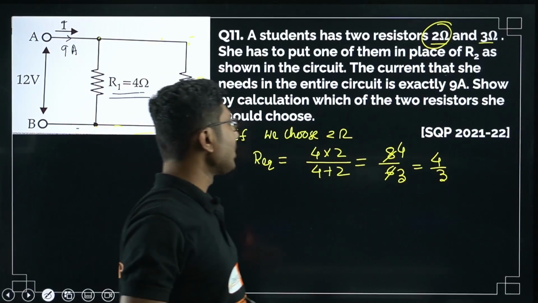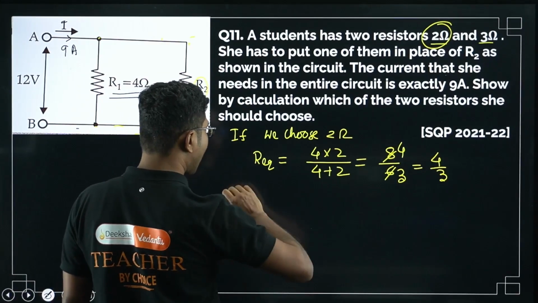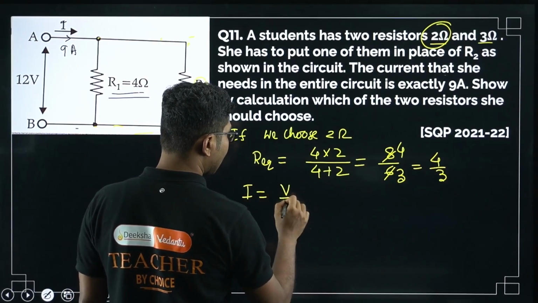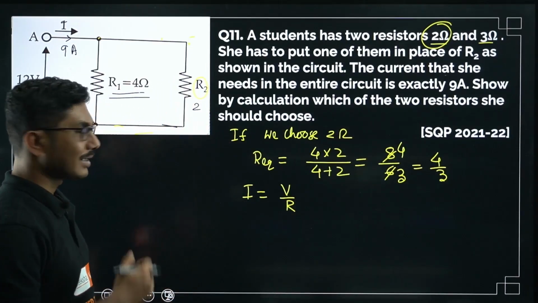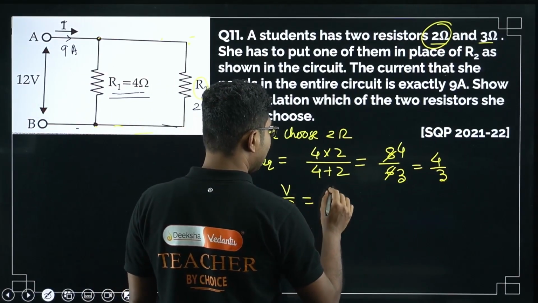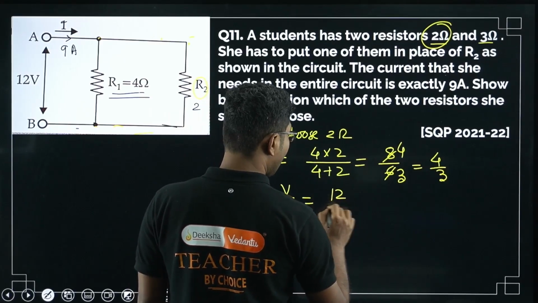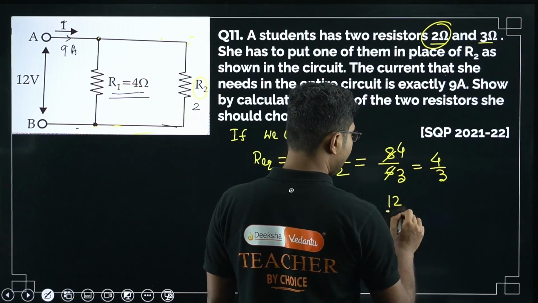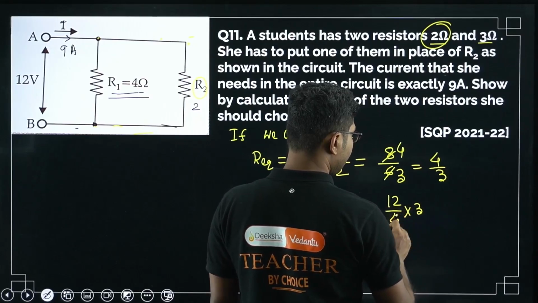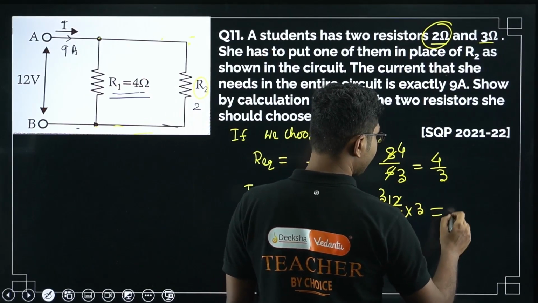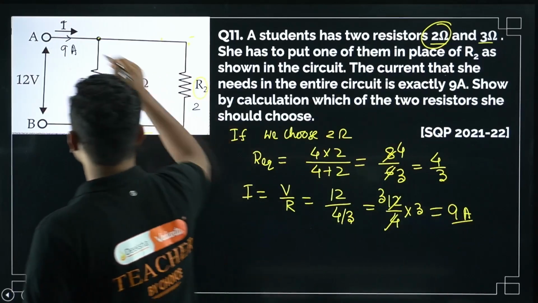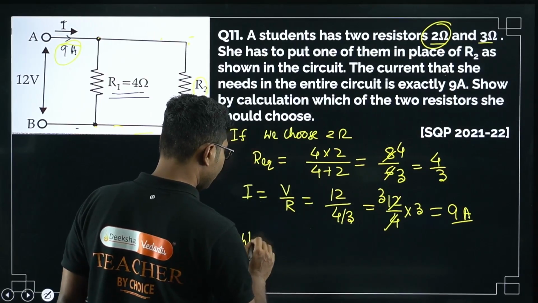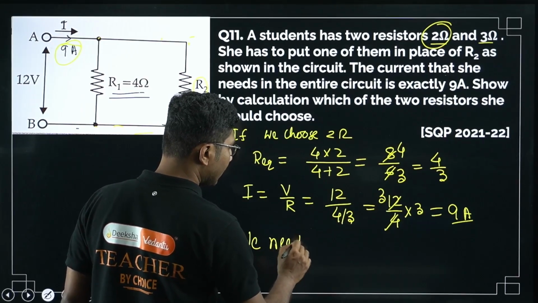Now we have to calculate the current. V equals IR, or I equals V by R. Let's see what current we get. V is given as 12 volt, R is 4 by 3. So 12 divided by 4 by 3: 3 4s are 12, and 3 3s are 9 ampere. So this is 9 ampere. We required 9 ampere, so we need to choose